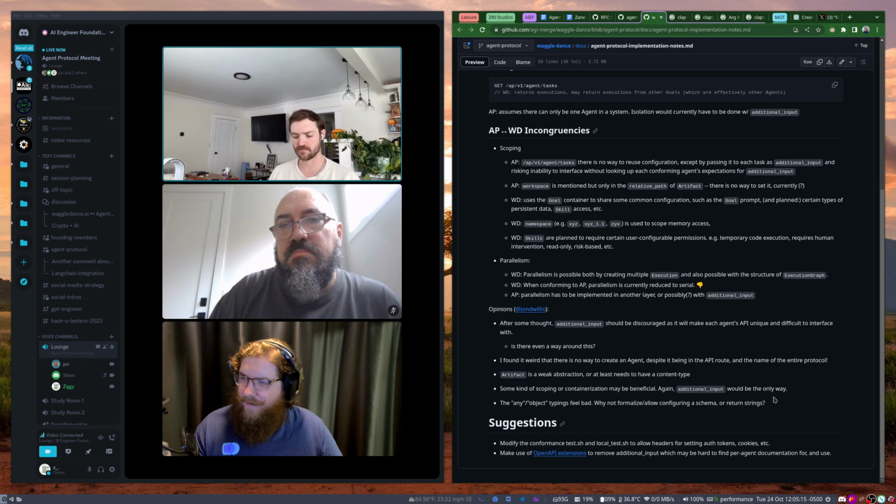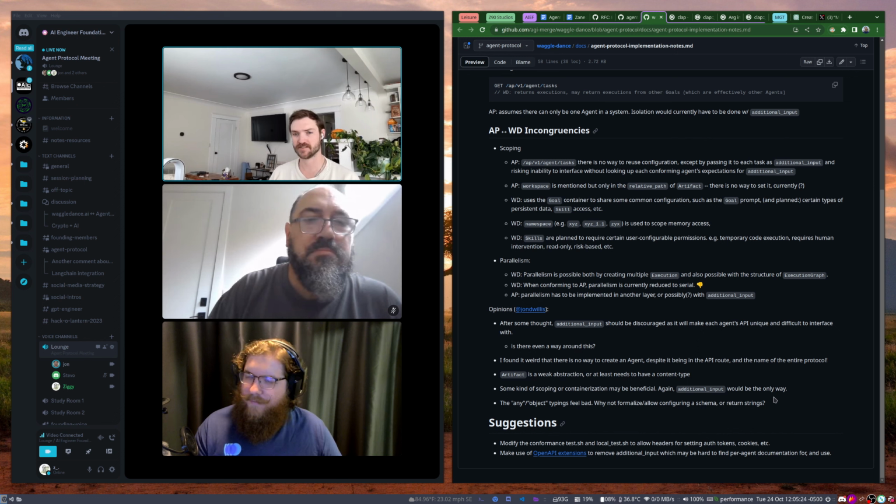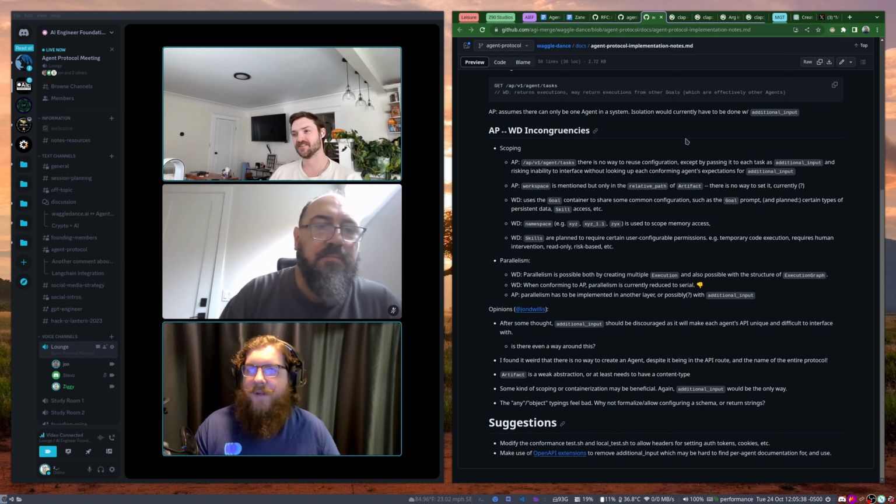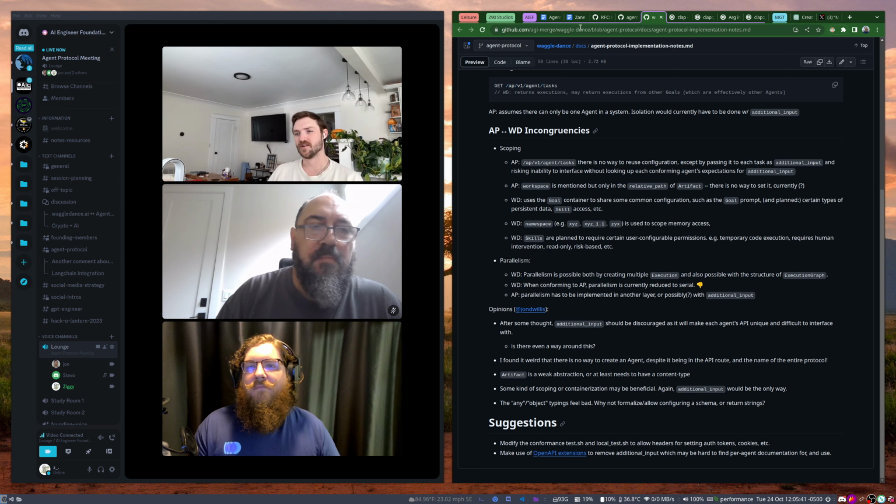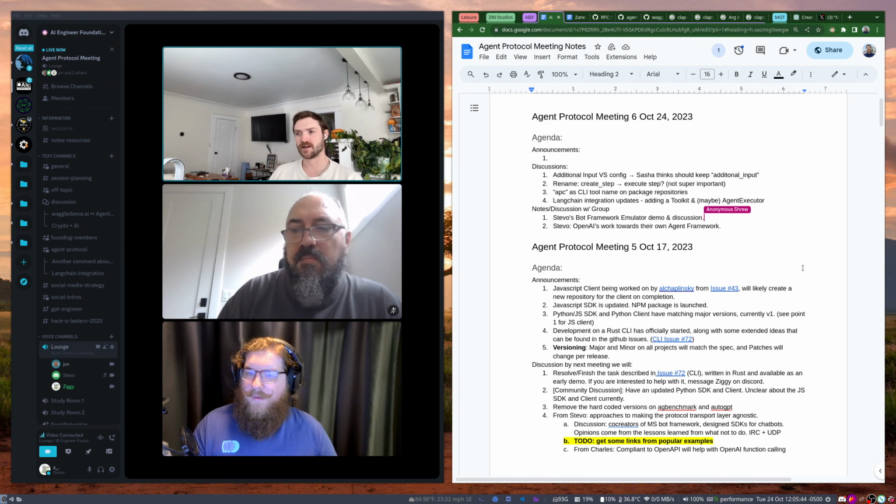Definitely. I think that's something I've thought about. I don't think this is necessarily relevant to the protocol, but it could be. There does seem to be an orchestration layer that would be useful to have some consistency about. So that could be another part of the agent protocol, like an agent orchestrator protocol. Then you could build all these cool concepts in, and it would be great to see things like tree of thoughts represented, so that people could reuse it as a standard. It could be anything though.